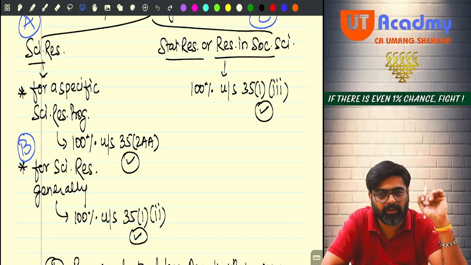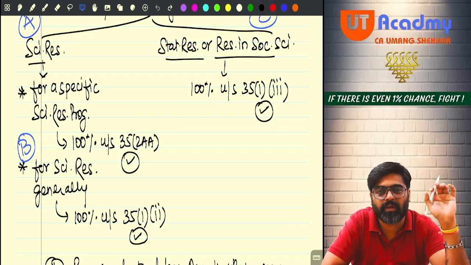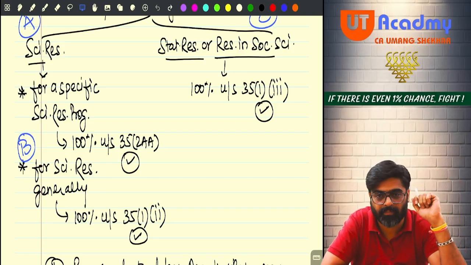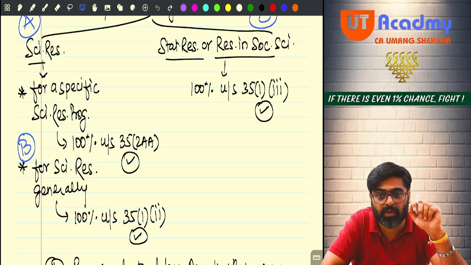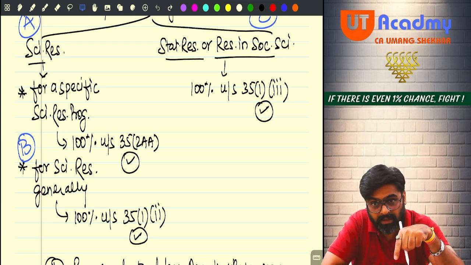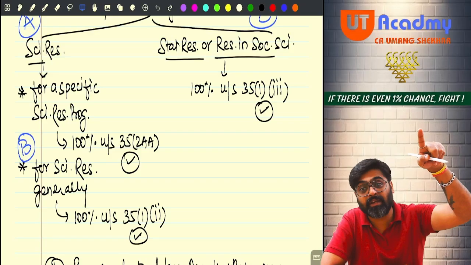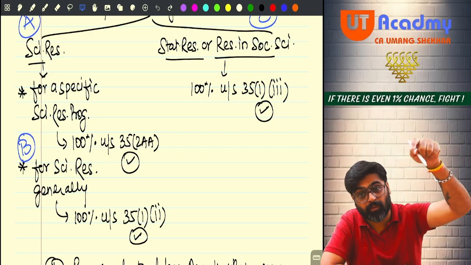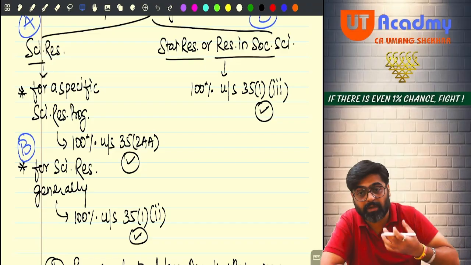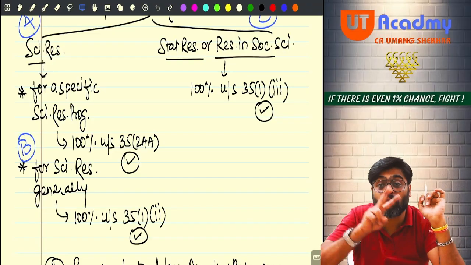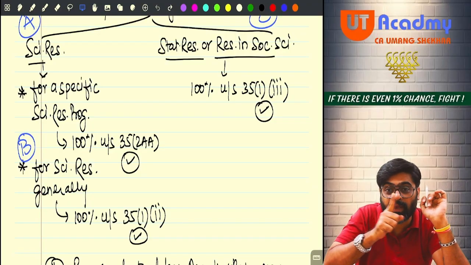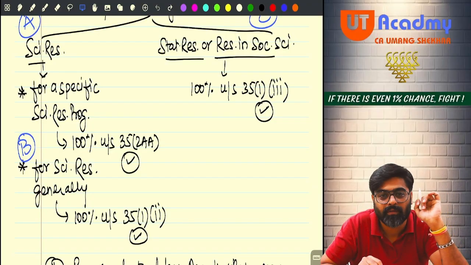For example, ISRO is there, no? ISRO is having a project, a program, the Chandrayaan program. So if you want to specifically contribute to the Chandrayaan program, tell ISRO that your donation is for scientific research, space research happening for that Chandrayaan project. The amount which you give like this will qualify under 35(1)(ii)(AA). 200% will be allowed. 2AA means 200%.